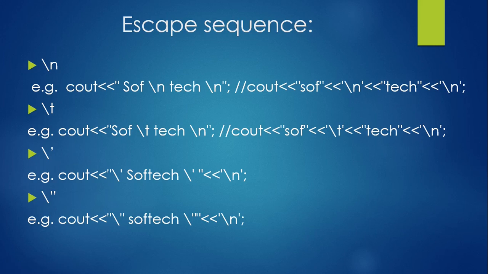If you want to write something in single quotes on your console, you simply use \' then your prompt, then \' again, and then the same as you use cout. Here we use \n because if you want to print something else, it would print on the next line. Here we have \" for double quotes. If you want to print something in double quotes, you can write \", your prompt, then \", and here we use \n again.